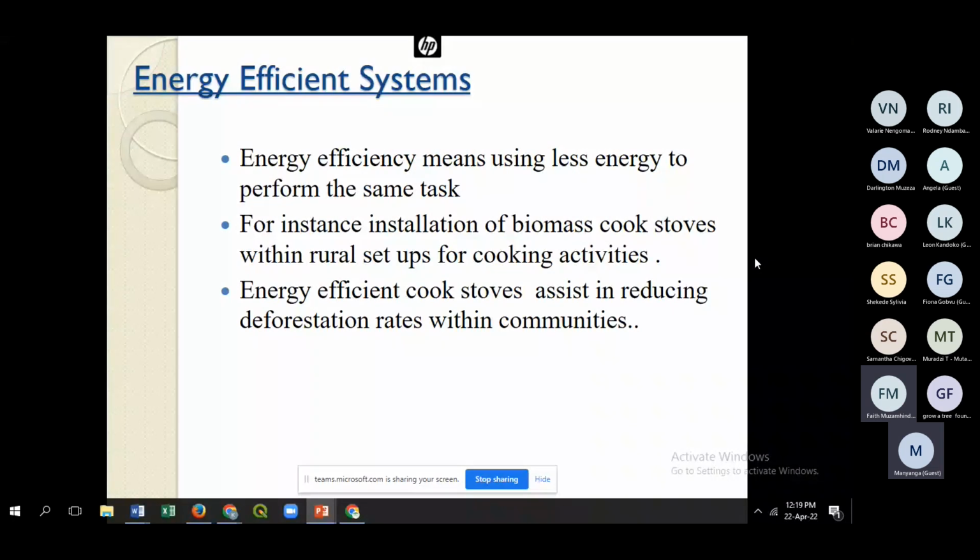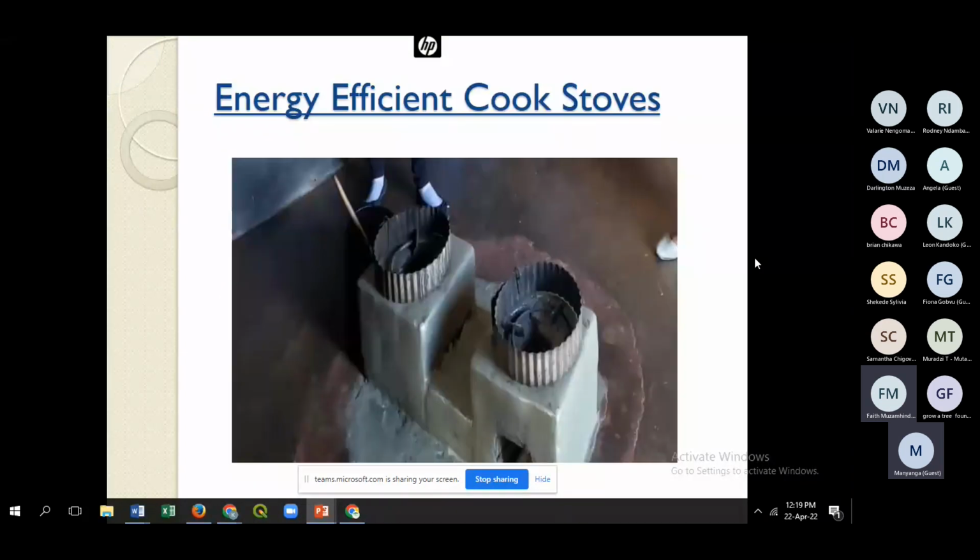But once people get to be aware of what is happening, there is need for a change of behavior. So this is where we are pushing that it is important for corporates to take the lead and not just to comply with regulations, but to take action to do something about it. We are also running an energy efficient cookstove program where we are empowering communities by providing for free these technologies that you see through various corporates.